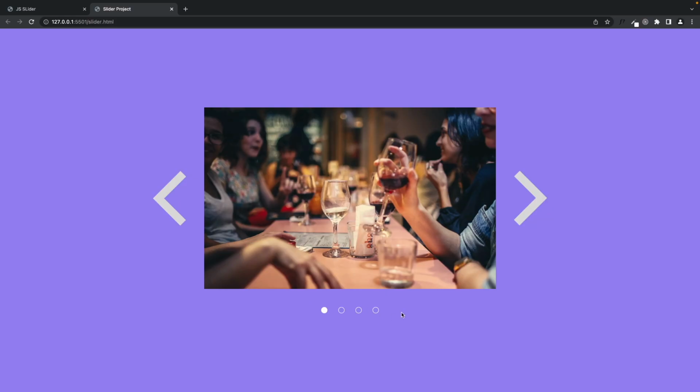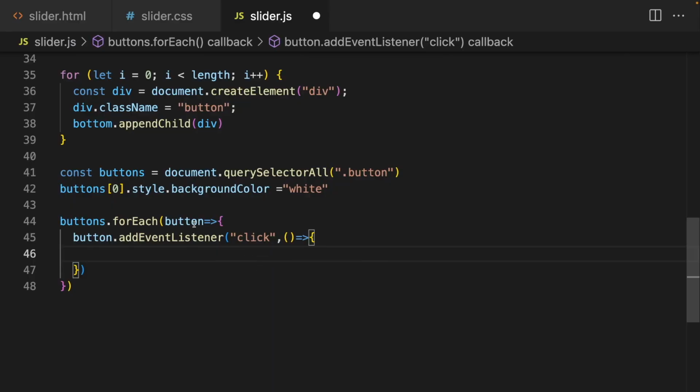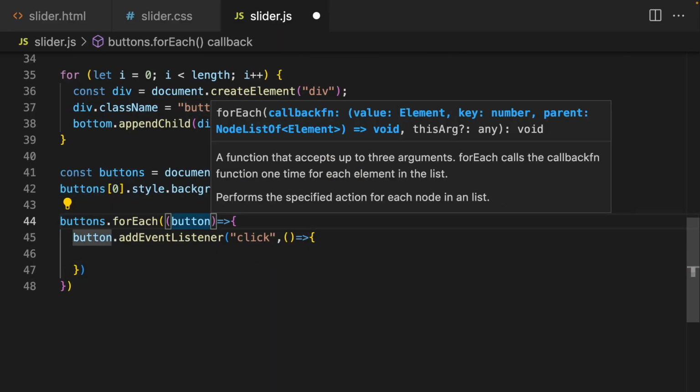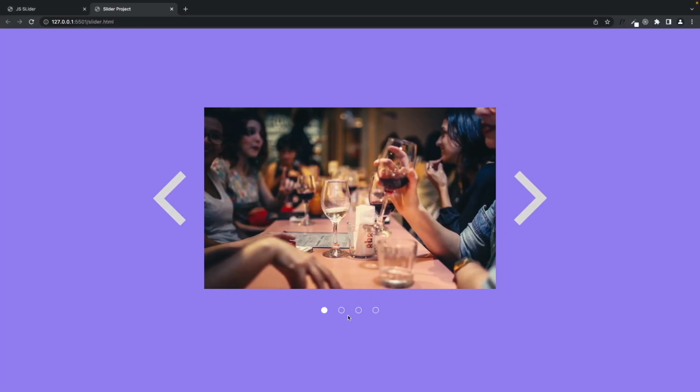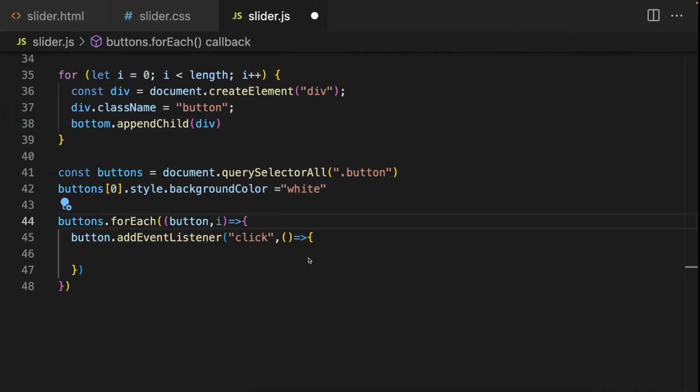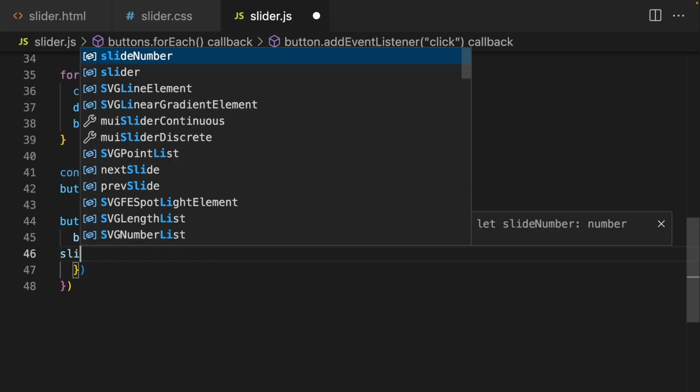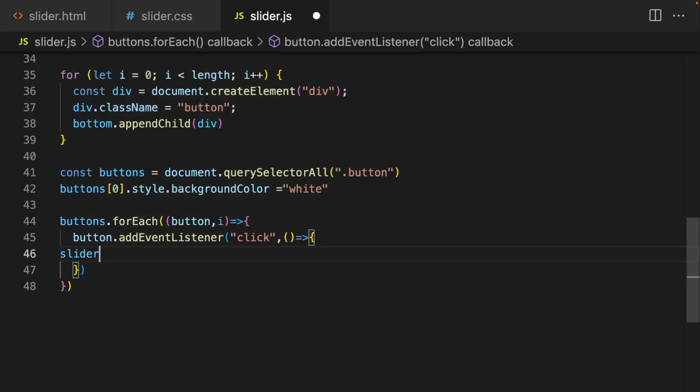Basically, we are gonna need those buttons' indexes. If you are using for each or map, you can use their indexes. Let's say index. In this case, for the first item it's gonna be 0, 1, 2, 3. But when it's 0, the slide number will be 1. So basically, I should increase this number. Let's move our slide. I will say slider.style